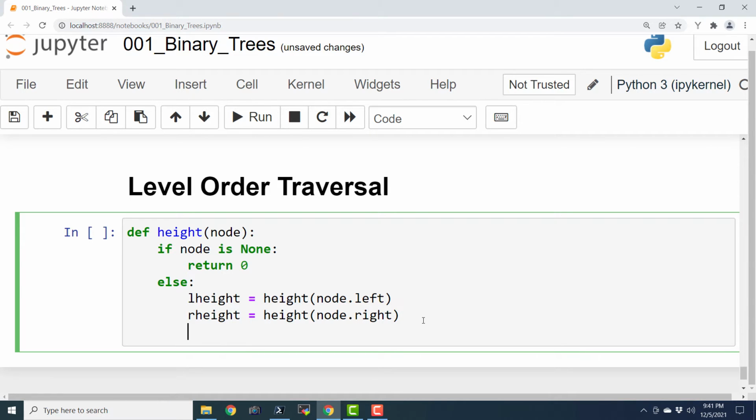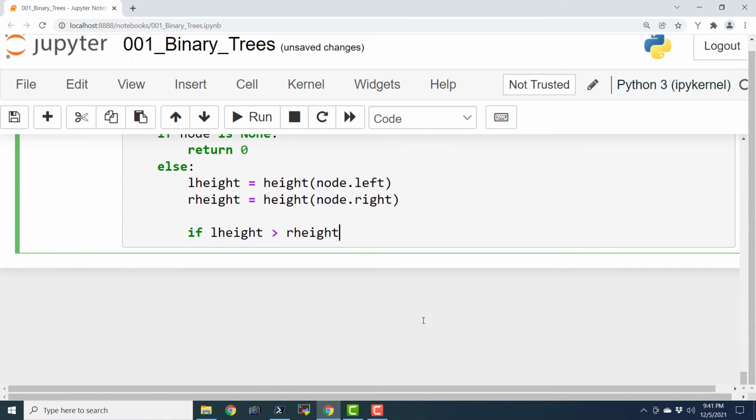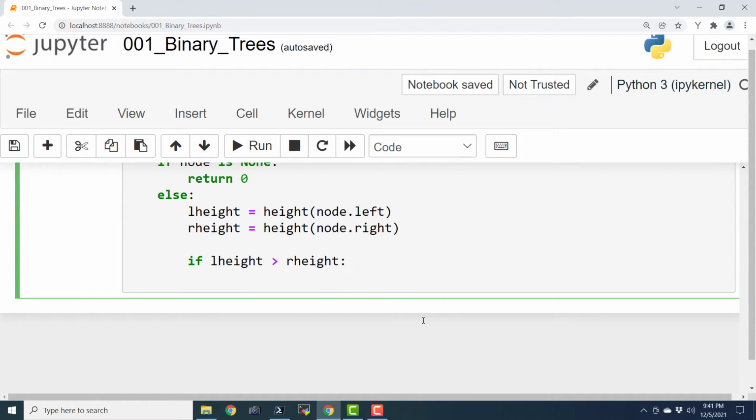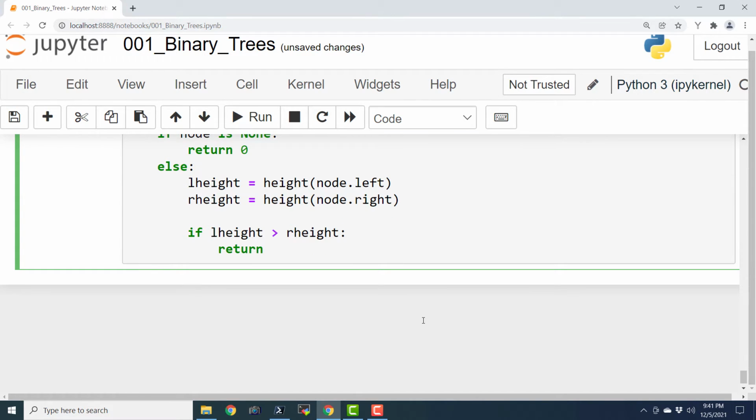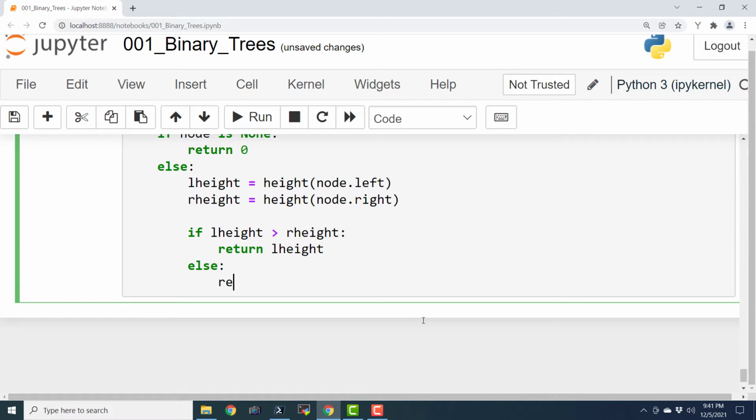Now based on which one is the greater, we are going to return the value. So if lheight is greater than rheight, then we are going to return lheight, else return rheight.